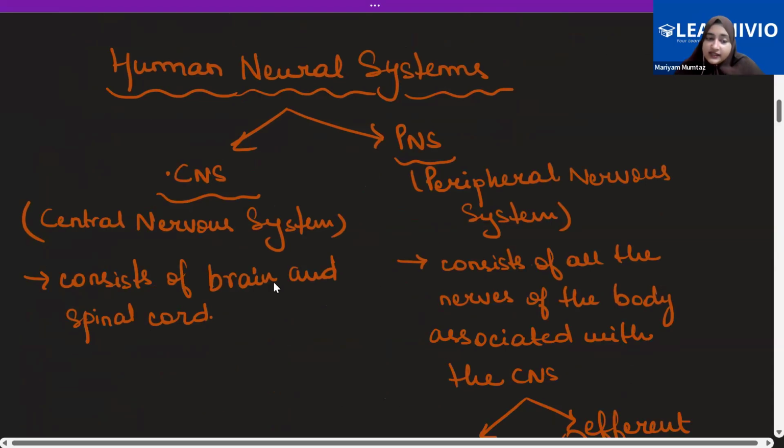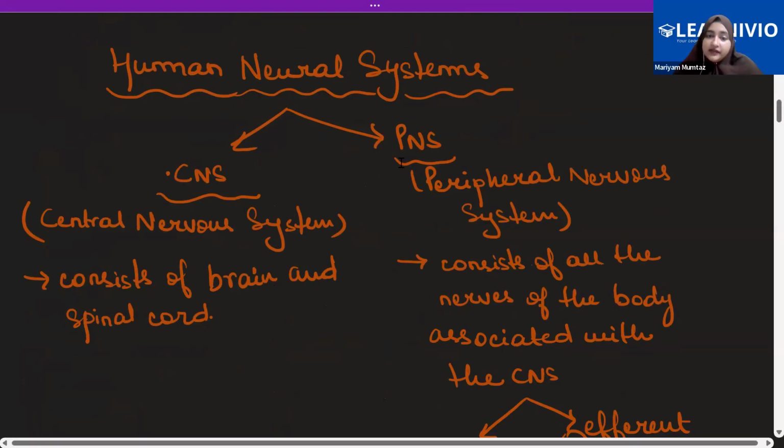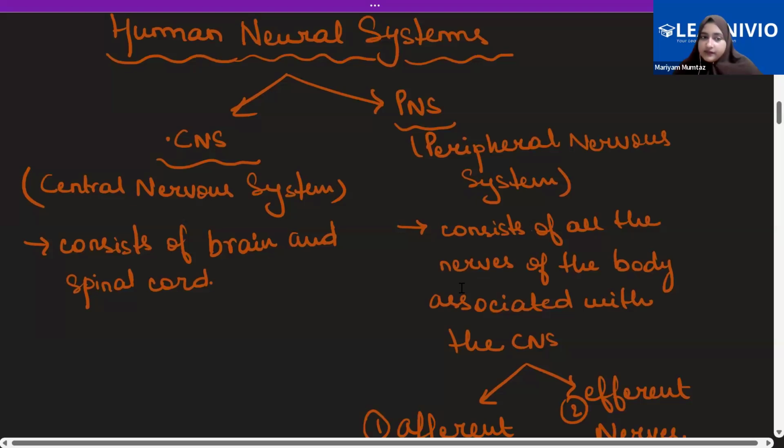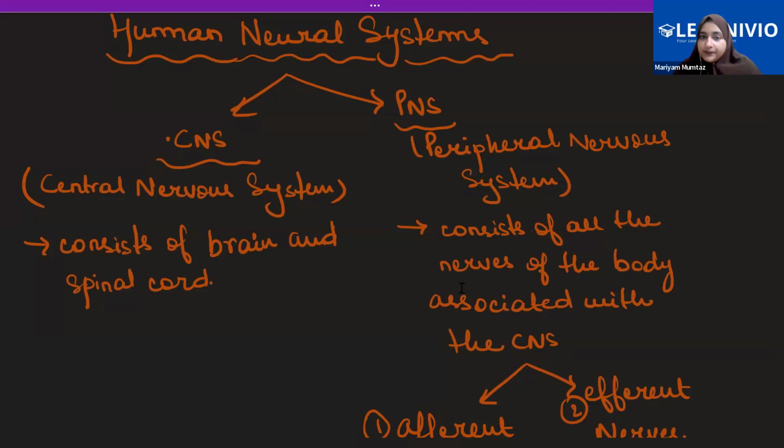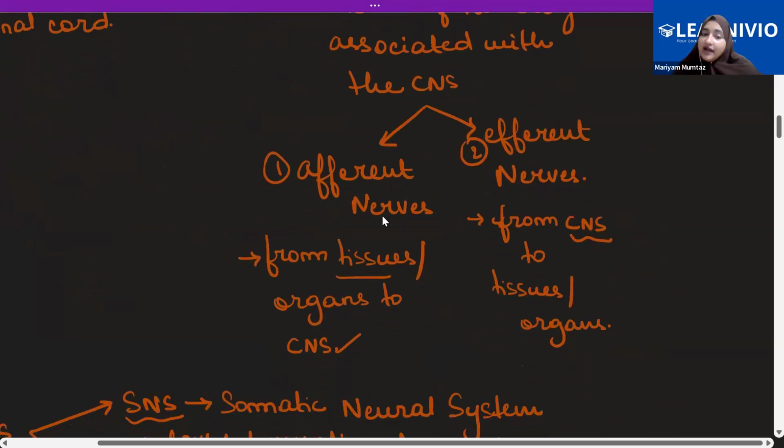Nervous system, it consists of the brain and the spinal cord. On the other hand, the peripheral nervous system consists of all the nerves that come out of the brain and out of the spinal cord. Furthermore, this peripheral nervous system is divided into the afferent nerves that basically start from the tissues or the